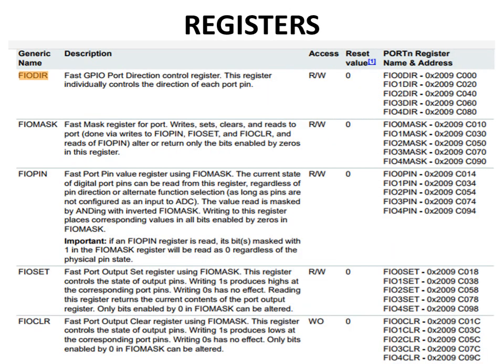We can see various registers used for the triangular wave generation program. We are making use of FIODIR, the fast general purpose input output port direction control register. This register is responsible for individually controlling the direction of each pin. If that particular pin is made equal to 1, then that port will act as an output port.